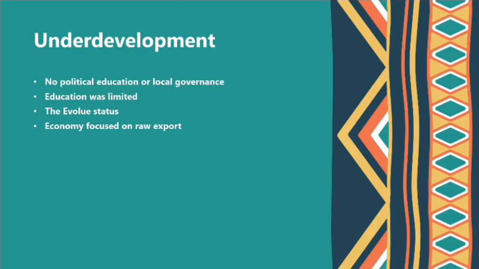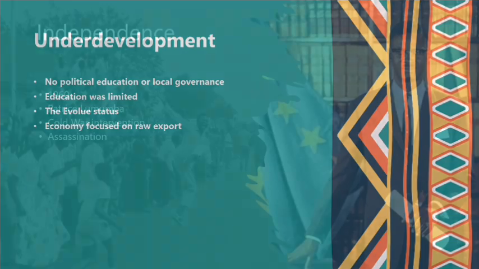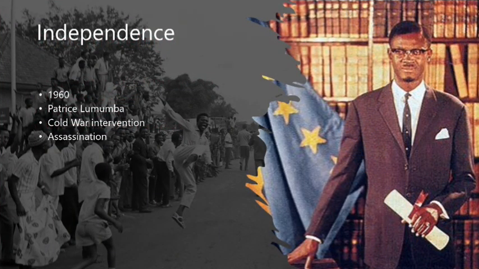This deliberate policy ensured that when independence arrived in 1960, the country was fundamentally incapable of managing its own massive political and economic complexity. And this is something that's still going on today, but it started back during the Belgian reign over the Congo. But as we can infer, independence was always imminent.